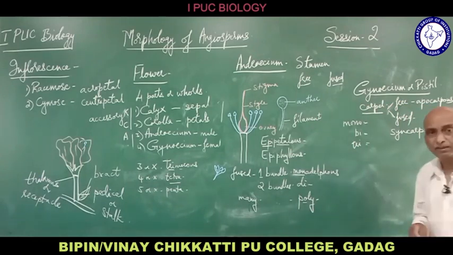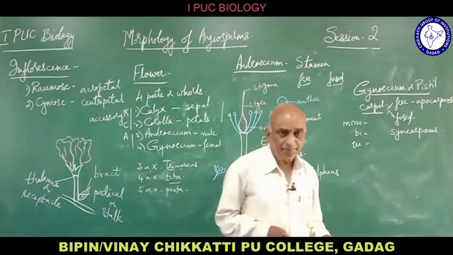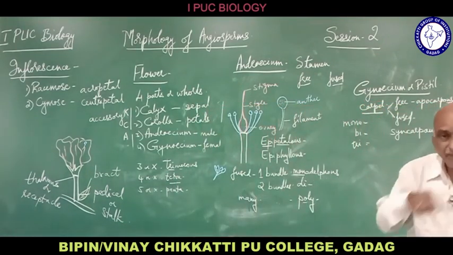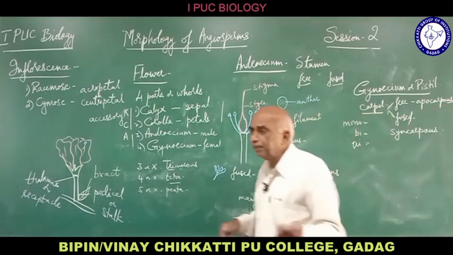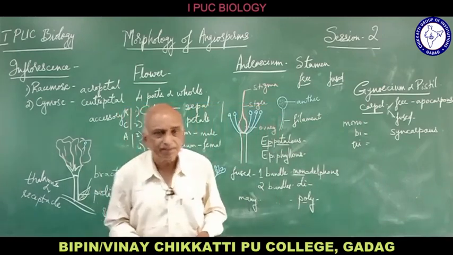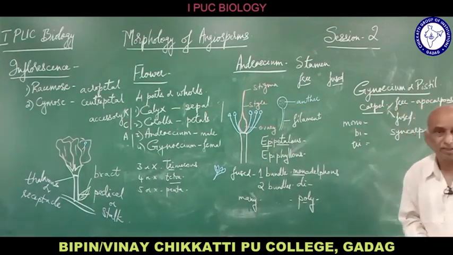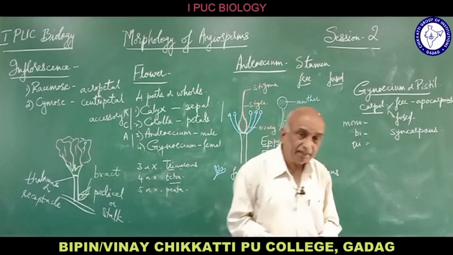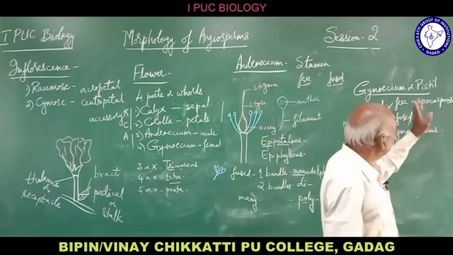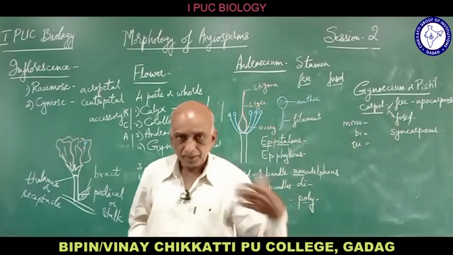For an apocarpous example, in the champaka flower or the magnolia, we come across apocarpous gynoecium. Even in periwinkle, Vinca rosea, there are 2 carpels, free, apocarpous. But the best example for apocarpous is the champaka flower or magnolia flower. There we find many carpels, but they are freely present in the gynoecium. So that is about the gynoecium, which is made up of these carpels.